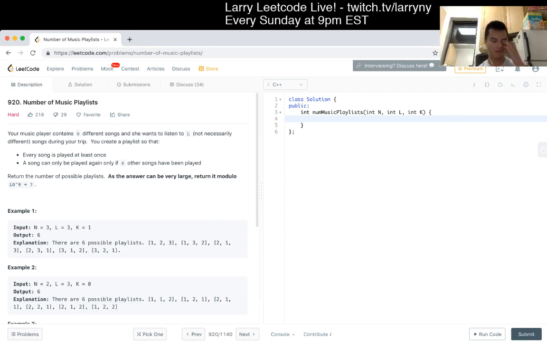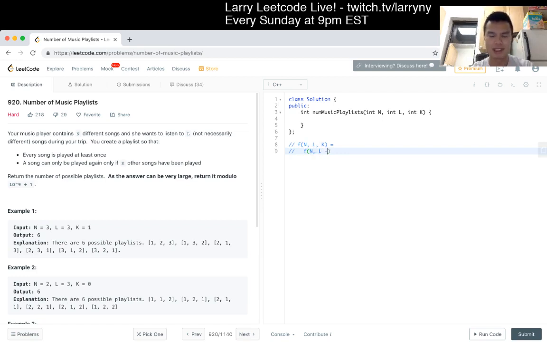Maybe. I think I have some vague ideas in my head. I just have to figure out how to articulate them in a precise way. And the thing that I always do with dynamic programming is just write out the recurrence. So you have f of n, l, and k, and this may not be exhaustive, but for example, that means you still have n songs where